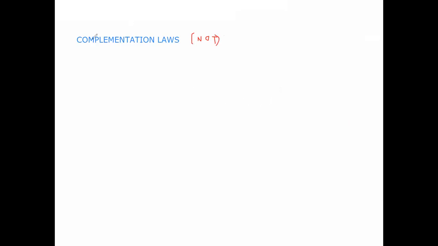Here, what is known? Suppose you take 0 as input to the NOT gate, then what is 0 bar? That means the complement of 0, which is equal to 1. Next, suppose you take input as 1, the complement is taken as bar, so that is 1 bar. What is the complement of 1? It is 0.